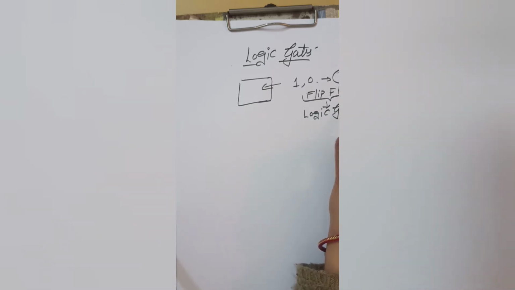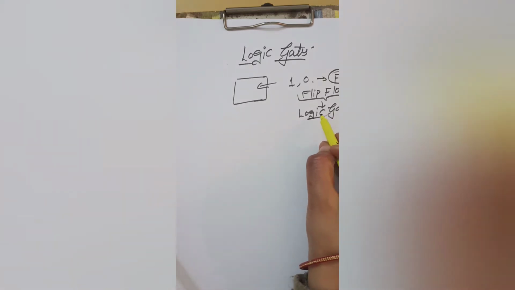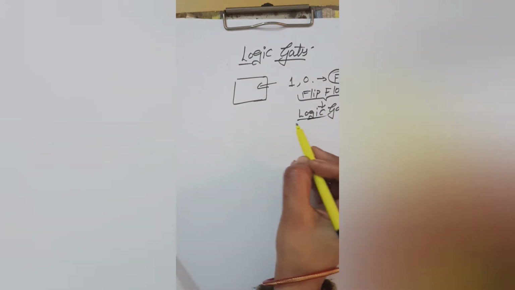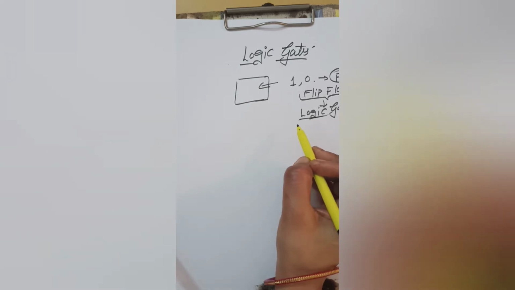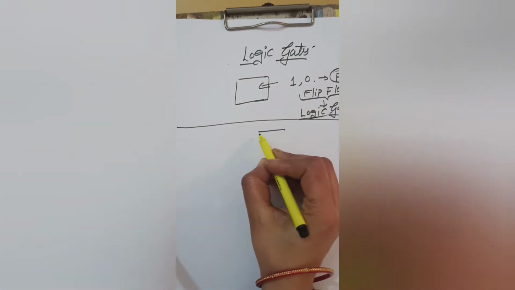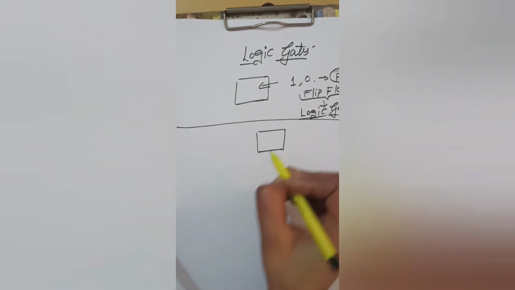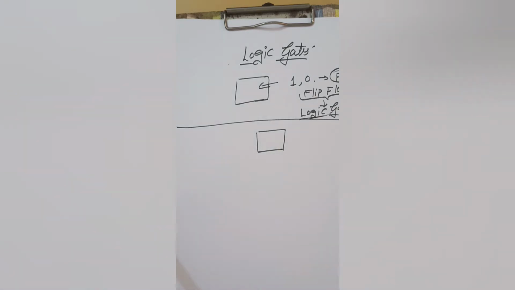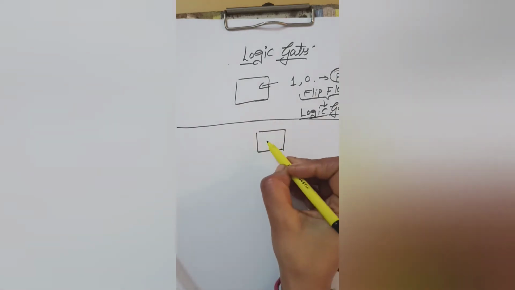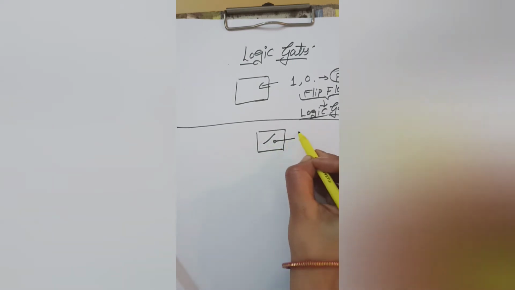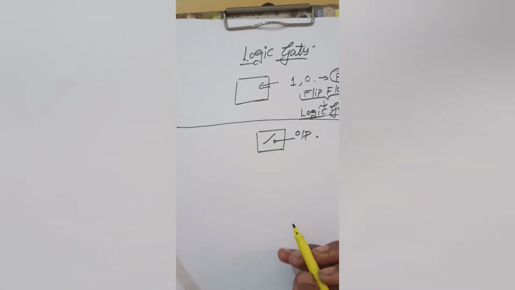So we can consider that the logic gates are the very basic element which is used to make your digital circuits, right? So what are logic gates, and why is the name given as gate? Understand that there is a switching mechanism, or there is a gate, we can say, that may be on or that may be off, and accordingly we will get the output.